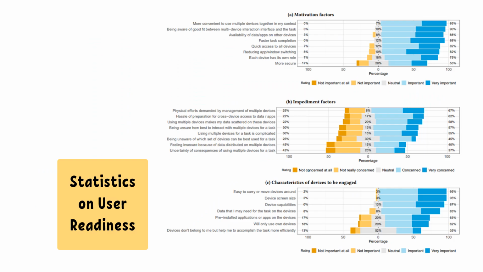Next, this diagram is basically the statistics on user readiness to engage with multi-device interaction based on multiple factors, such as the motivation factors, impediment factors, and also the characteristics of devices to be engaged, listed out with